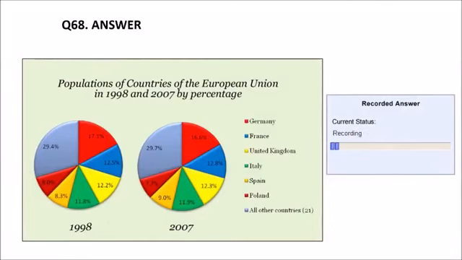These pie charts compare the population proportions in the major European countries between year 1998 and 2007. The population of Germany and Poland decreased, while the population of France, Italy, Spain and the UK increased. In conclusion, in the period of 9 years, there was an overall growth in the population, however the increment was minor.